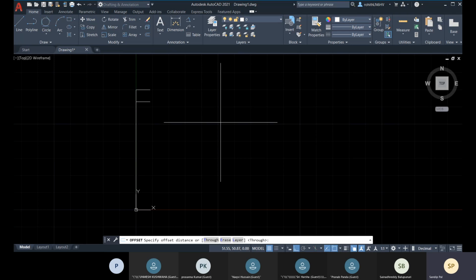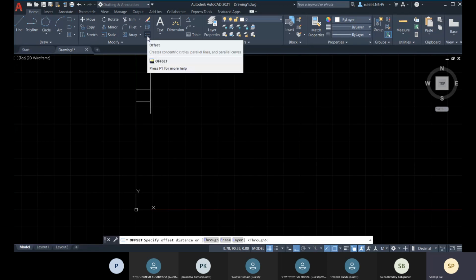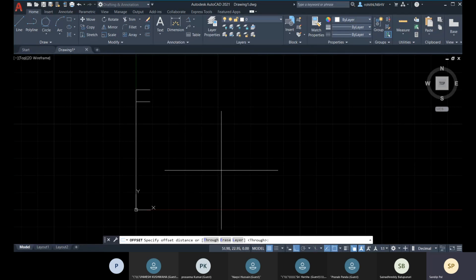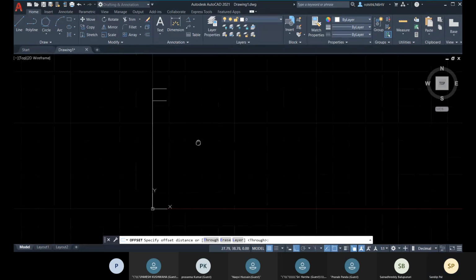Any polygon, any rectangle, ellipse, these are closed objects. And if you want to create concentric, concentric means the same center. If you want to create objects like that, parallel curves, parallel lines at any certain distance, then you will be choosing this offset. So this is the icon. You can simply click on it, or the command is O enter. All right.